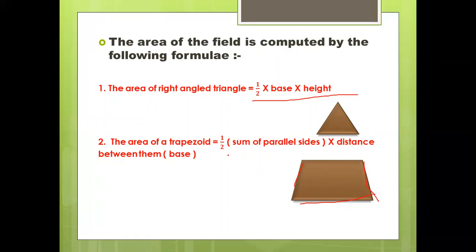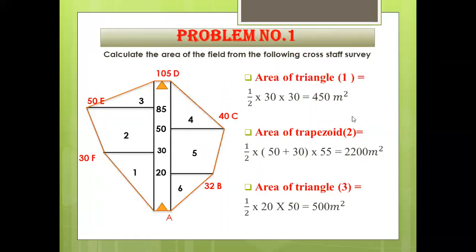So let's see one example and then we will see all the concepts. Basically, we have to calculate this area. Firstly, we will divide this area into triangles and trapezoids, and then number all the triangles and trapezoids. Suppose I have given the first number to this area, then the second, third, fourth, like that, and then calculate the area of each. That is the next step.